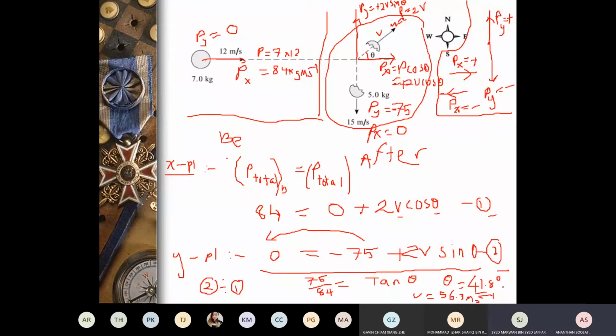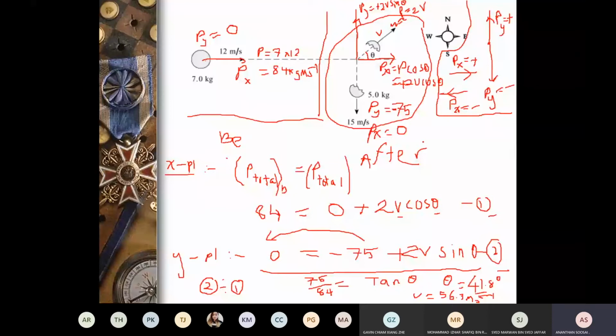So what is new here? The same conservation of momentum, but now you have to break them into their components first. You will get two equations by going horizontal component conservation and vertically the momentum conserved. Momentum py upwards positive, py downwards negative, px to the right positive, px to the left negative. Be careful with the sign. Sign wrong, all going to be spoiled. Okay, any questions so far?